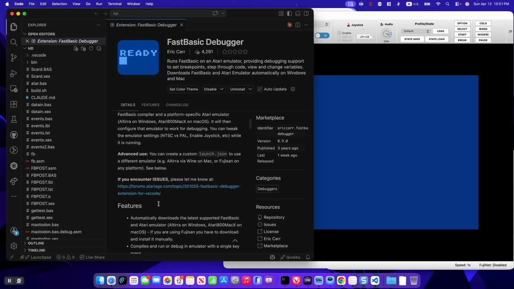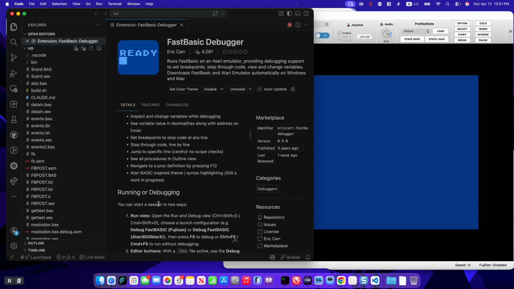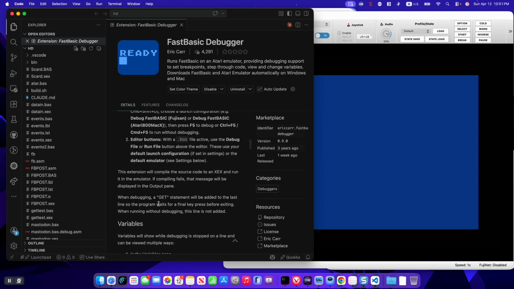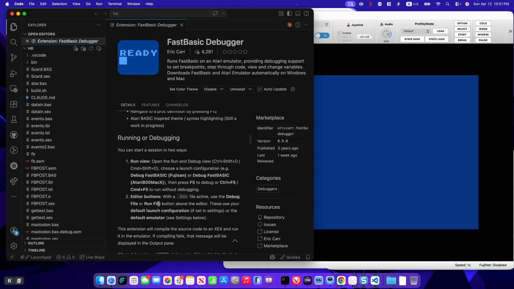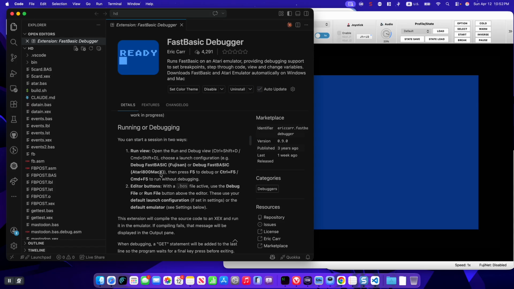You have very detailed instructions on how to set up your folder properly. But basically what you have to do is put your BAS files in a folder and have a subfolder called bin, where the Fastbasic Debugger will create the debugger binary for your application to run. Okay, so here in Visual Studio Code,